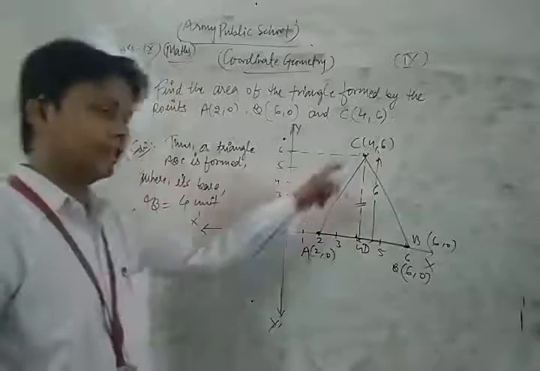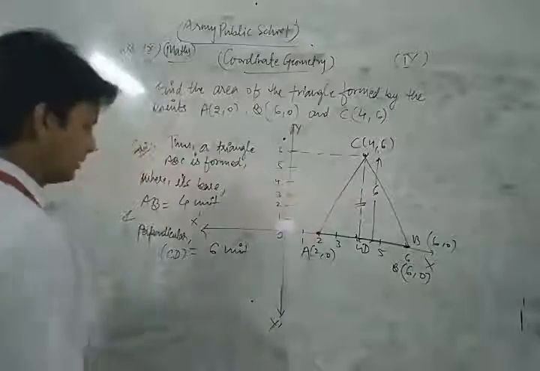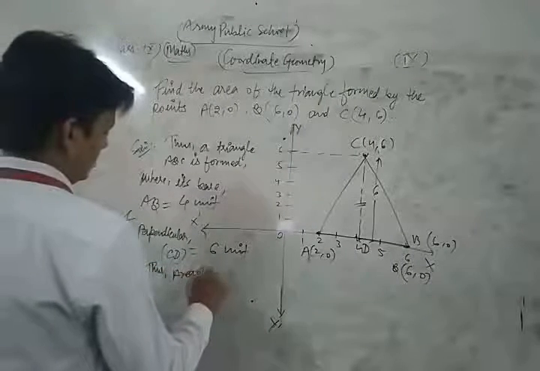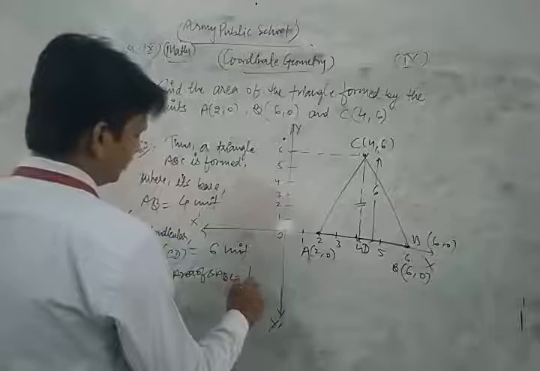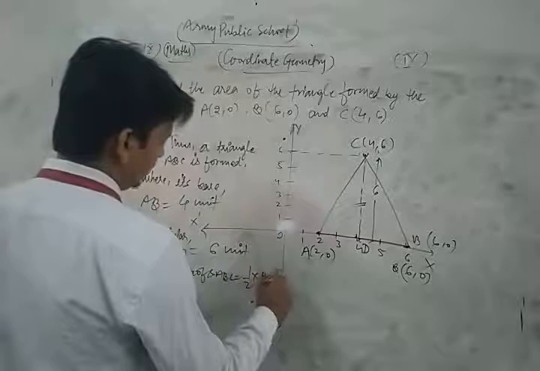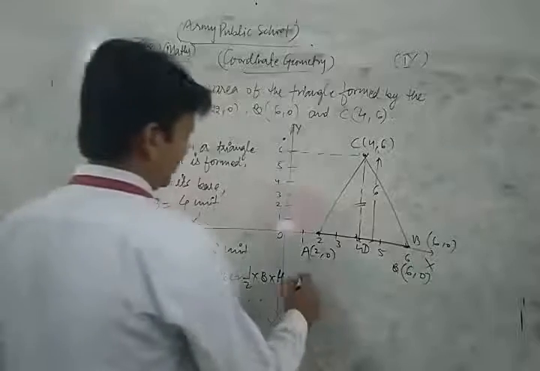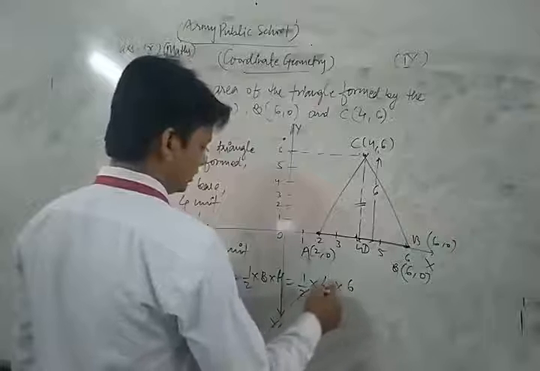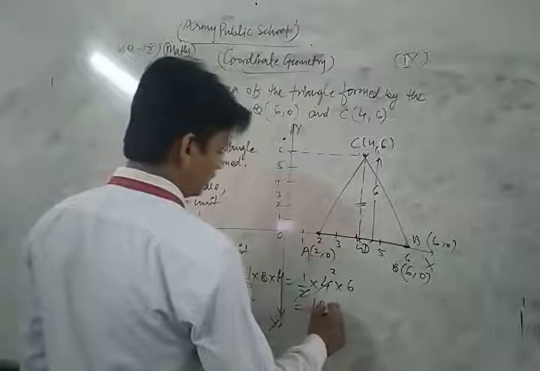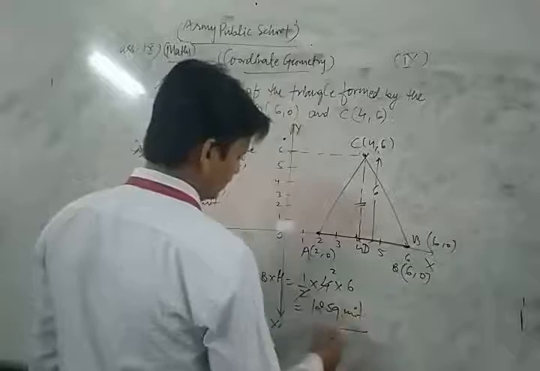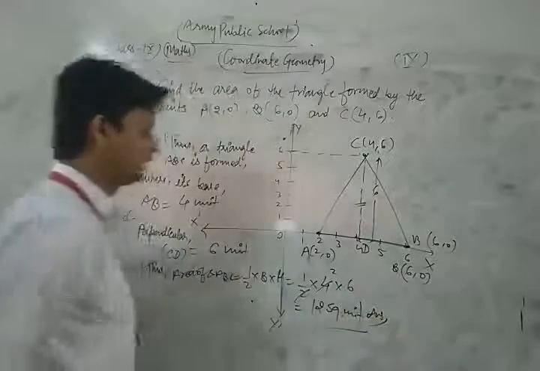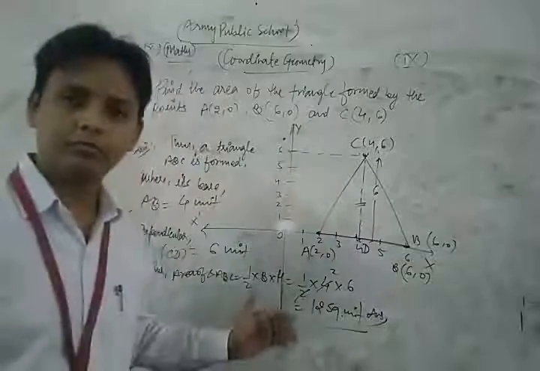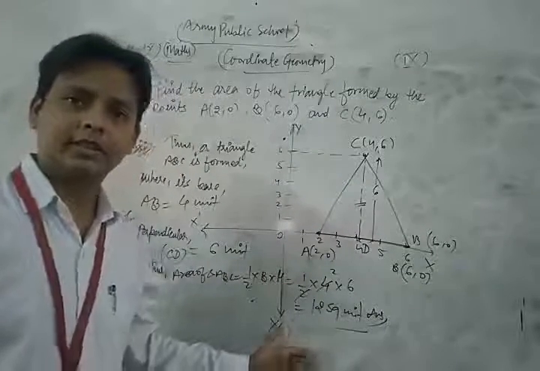Now we find the area of triangle ABC. Area of triangle ABC is equal to 1/2 base into height, meaning its perpendicular. So we get 1/2 times base, which is 4 units, times 6. 2 2s are 4, 4 times 6 is 24, so it is 12 square units. This is the required solution of the given question. Thus in this way we can say that the required area of the given triangle ABC is 12 square units.